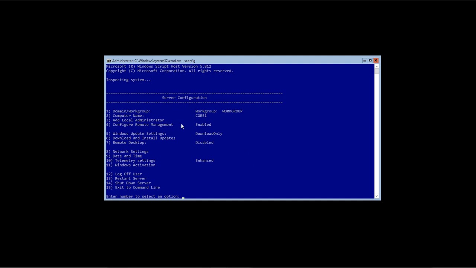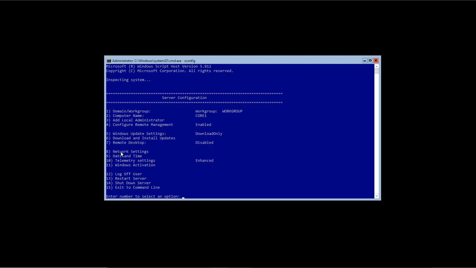Now I have already configured the computer name here. So if you have not configured, then you will press number 2 here, and you can change the name of your computer if you have not changed. Now if you want to configure the networking settings, then you can go for number 8, and in number 8 you can see the networking settings. You can configure the IP address for your system, you can configure the DNS server IP, gateway IP, and everything, and the other settings you have for the other things like activation, date and time, update settings, all these things. You have the other options also.